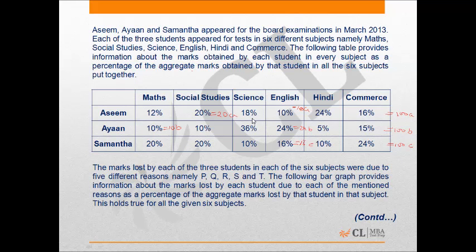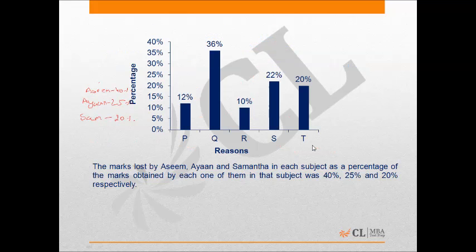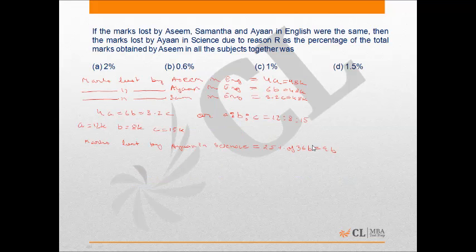Marks obtained by Ayan in science is 36B. So marks lost by Ayan in science should be 25% of 36B, that is 9B. Now 9B is the total marks lost by him. Due to reason R he lost 10% of it. So due to reason R would be